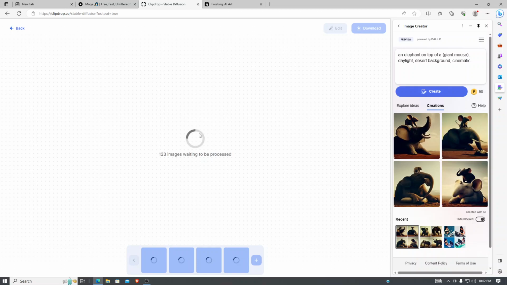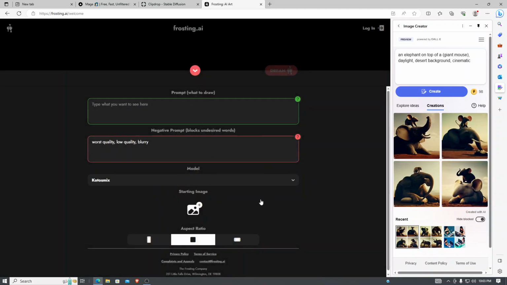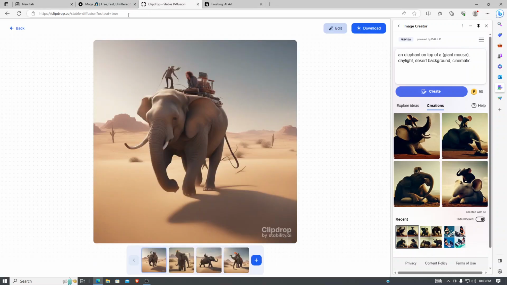Another one, so let's get back to here. Another option we have is this frosting.ai. So this is actually new, and you have the option to log in or sign up, or you can just directly create an image. So one thing that makes frosting.ai different from these other free image generators right here,